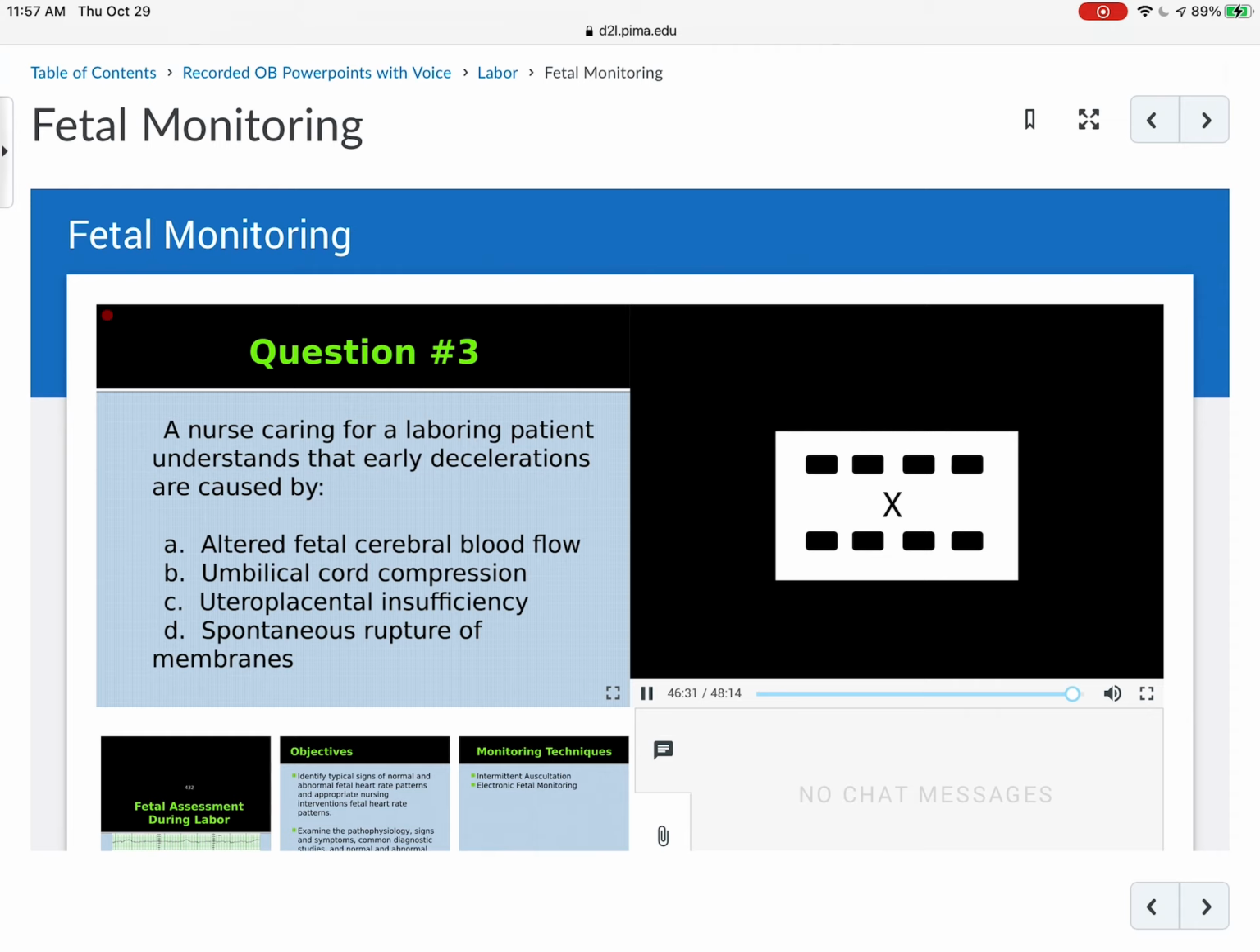Question number 3, a nurse is caring for a laboring patient and understands that early decelerations are caused by, well, if you did VEAL CHOP, we know earlies are caused by head compression. Oh my, where does it say head compression? It doesn't. It says altered fetal cerebral blood flow. Well, cerebral, that's head, flow to the head. Maybe that's it. Well, let's see what the others say. Umbilical cord compression? No, that causes variables. Uteroplacental insufficiency? No, that causes late or prolonged. Spontaneous rupture of membranes? No, so it's got to be